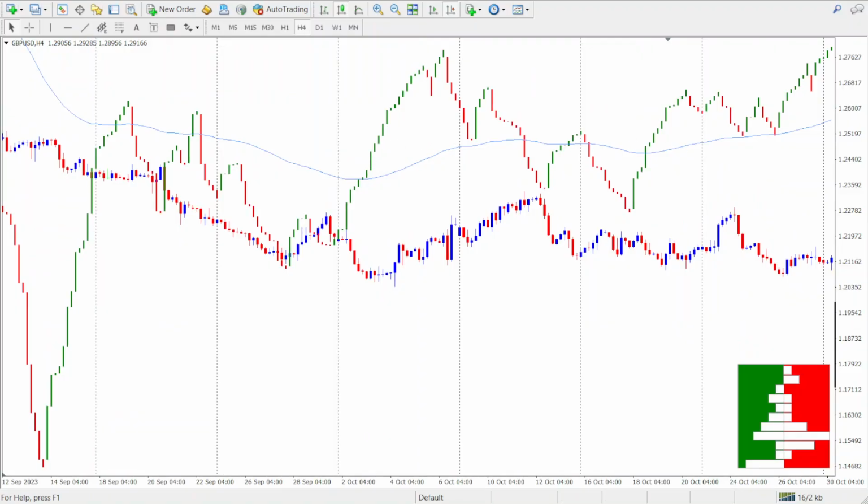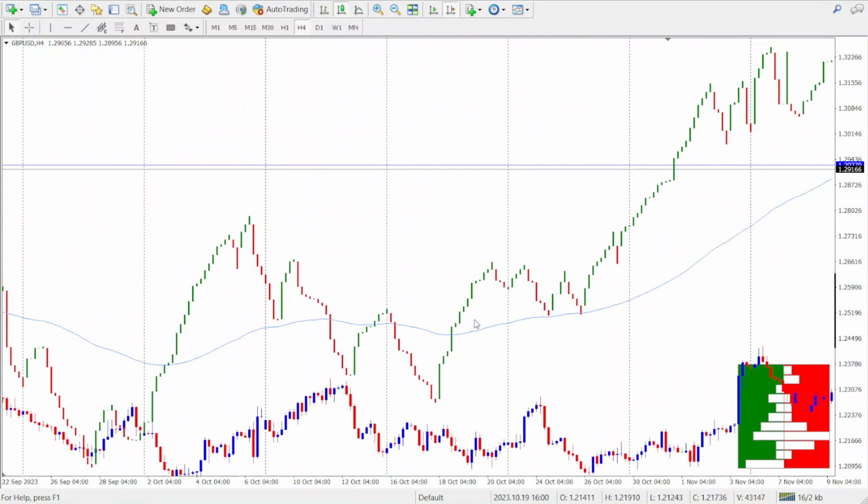Ensure that you always wait for confirmation. After identifying a trend, wait for a pullback or a correction. This will help you avoid entering too early in a choppy market. Also use other tools like support and resistance, moving averages, RSI to confirm your entry. Okay, it is very important, and ensure you always set your stop losses as well to protect yourself in case